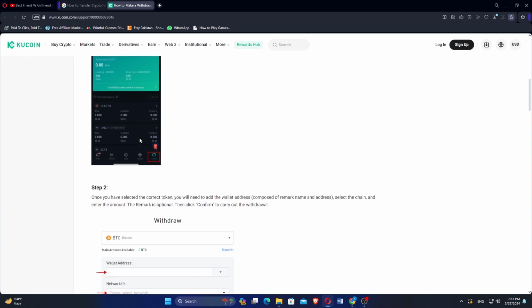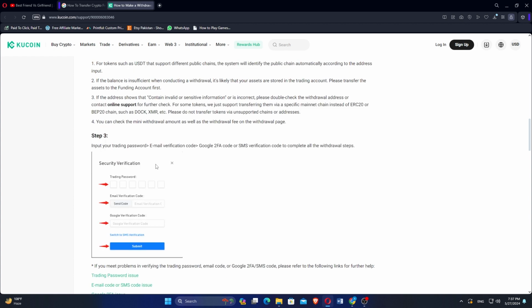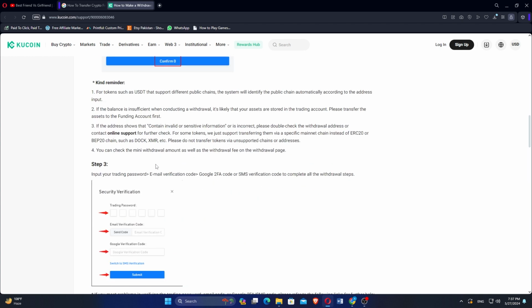Once you have selected the correct token, you will need to add the wallet address, select the chain, and then enter the amount. The remark is optional, then click Confirm to carry out the withdrawal. For tokens such as USDT that support different public chains, the system will identify the public chain automatically according to